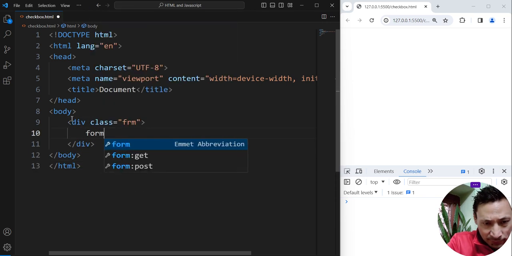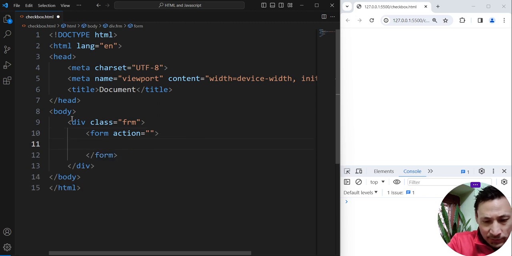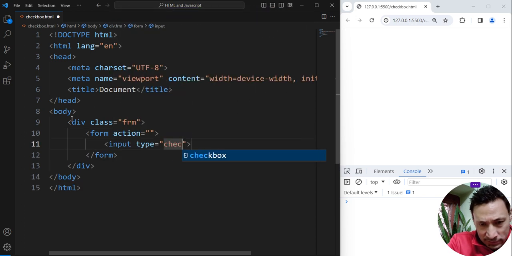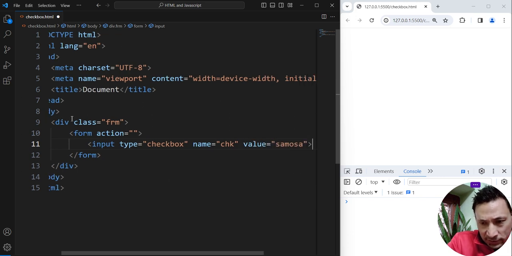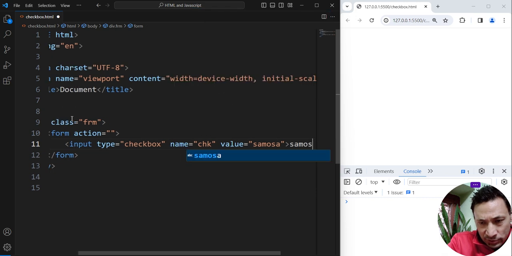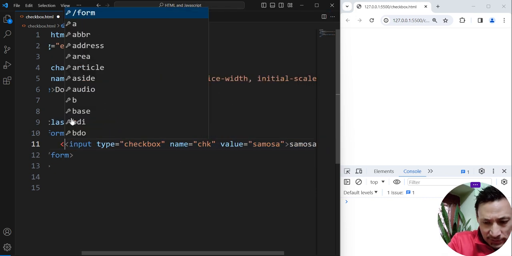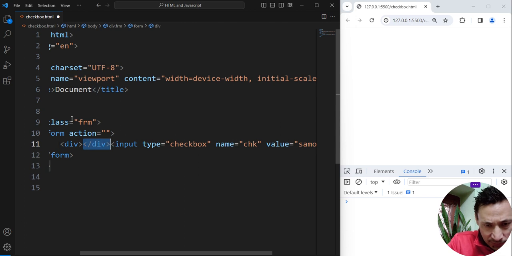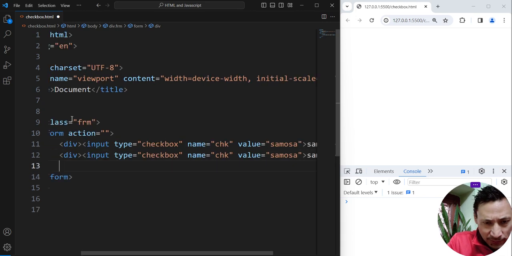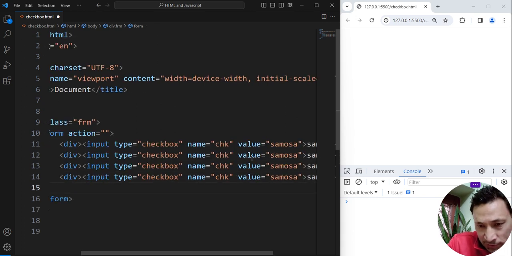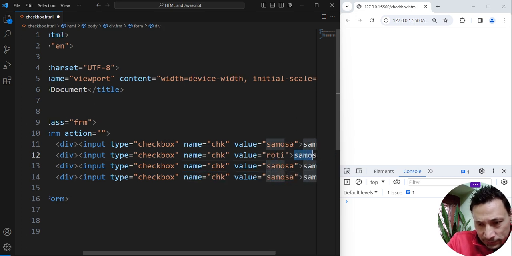Let's write a form, then within the form we will have a checkbox, name be CSK, then value be Samosa. Let's copy and paste it with Control X, Control V, Control C. Let's have a few items. Let's suppose we are creating a menu for a restaurant, and these are the items which users can select. Roti,